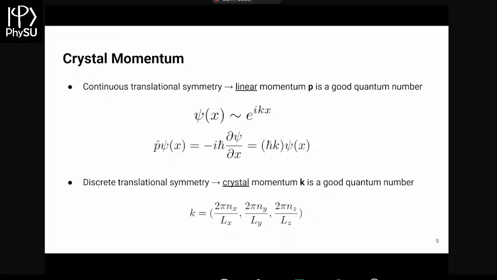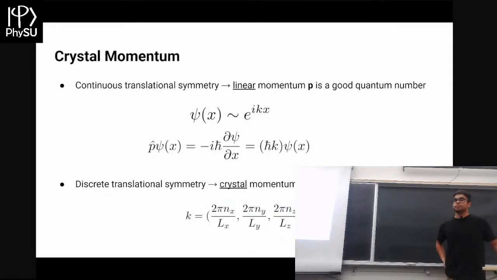All right, so if you're in fourth year, second year, I guess, you might have taken physics 354, so you remember if you have a symmetry of the Hamiltonian, you get a conserved quantity. If you think of just a free particle, you have a continuous translational symmetry, and so no matter where the physics happens, you get the same results. So in that case, your linear momentum is conserved, and p, if we're talking about quantum mechanics, we'll say it's a good quantum number.